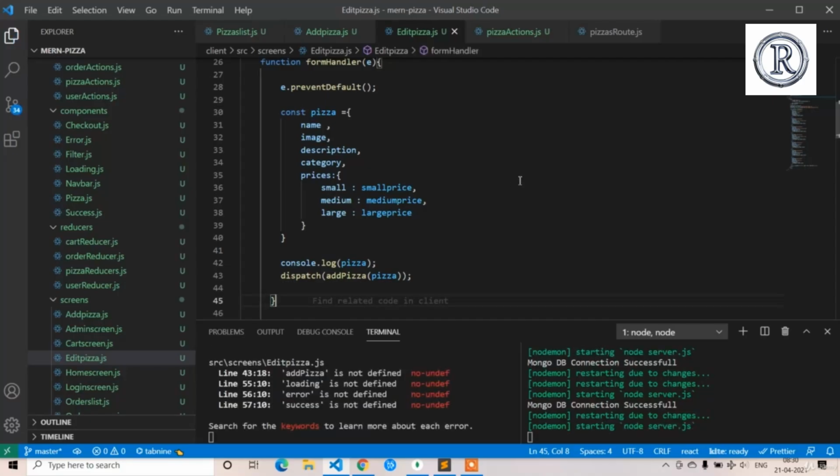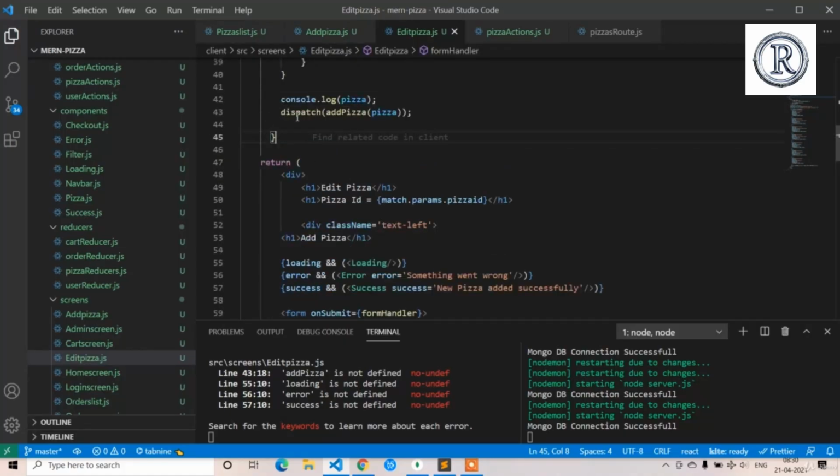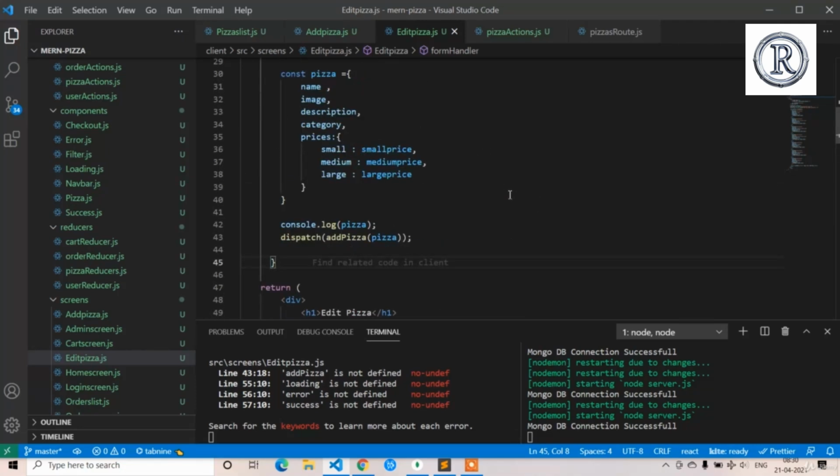So now we have only 4 errors. The add pizza is not defined. Let's go to line 43. So dispatch add pizza, this is the action name. We haven't created this action, so let's leave this error. First we have to change the logic. So remove this add pizza dispatch,